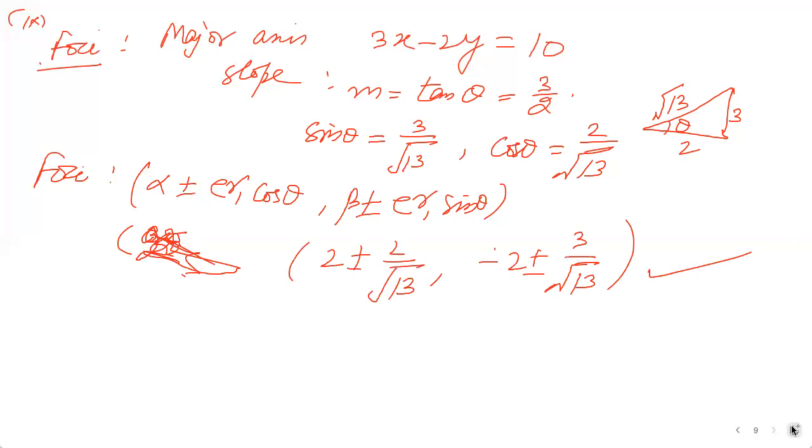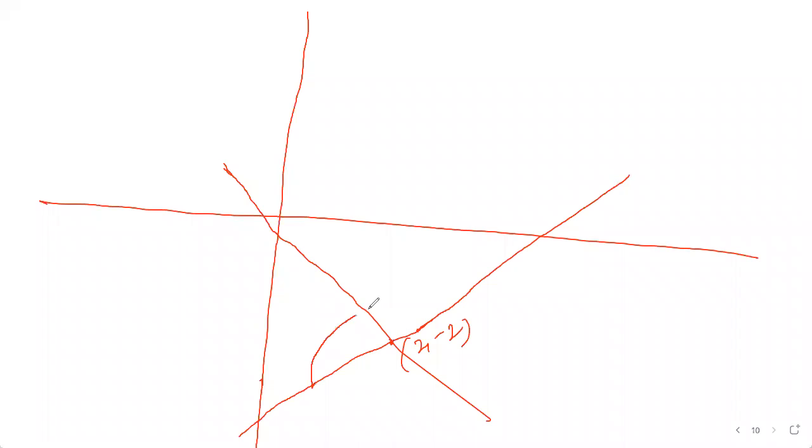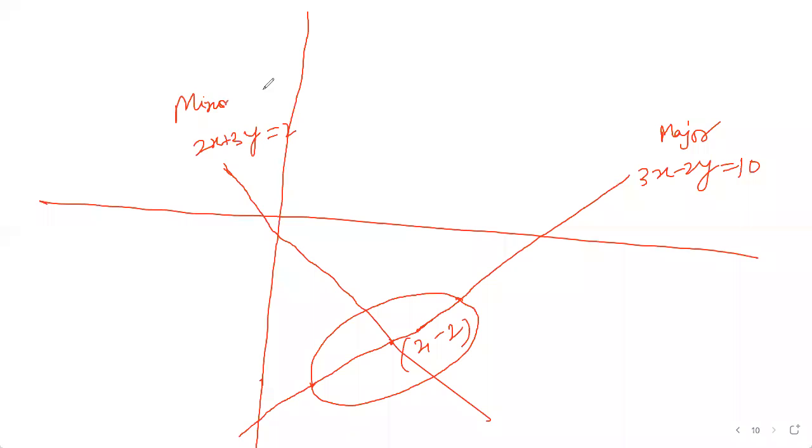Now you can plot your ellipse. Ellipse कैसा आएगा? If you will be having your suppose x-axis and y-axis, तो देखो सेंटर इसका था आपका 2, -2, तो 2, -2 means here in the fourth quadrant, पहले सेंटर लेंगे उसका, ठीक है, सेंटर लेके you will be taking 2, this is your 2, -2, x is positive, y is negative। इस पे अगर आप प्लॉट करेंगे, ये इसकी एक मेजर एक्सिस आएगी, this and then this is your minor axis, इस तरीके से कुछ यहाँ पर आ जाएगी। अगर ये सेंटर ये दे रहे, दिस इज योर इलिप्स, ठीक है। ये मेजर एक्सिस इक्वेशन आई थी 3x - 2y = 10, दिस इज योर मेजर, इट वाज योर माइनर 2x + 3y = 2। जब प्लॉट कर सकते हो लाइंस को 2,